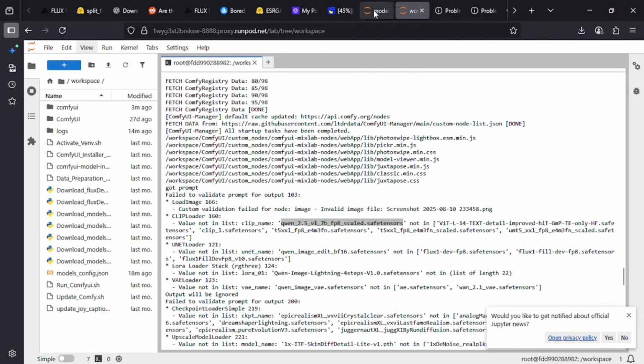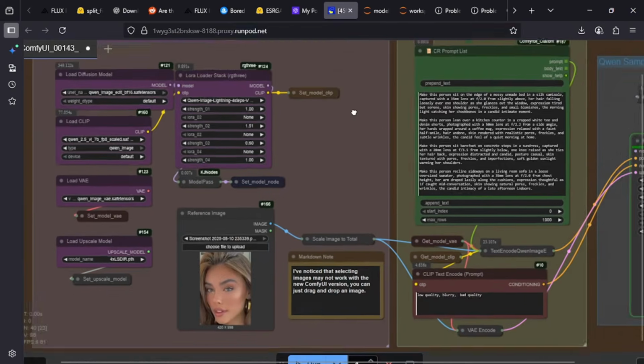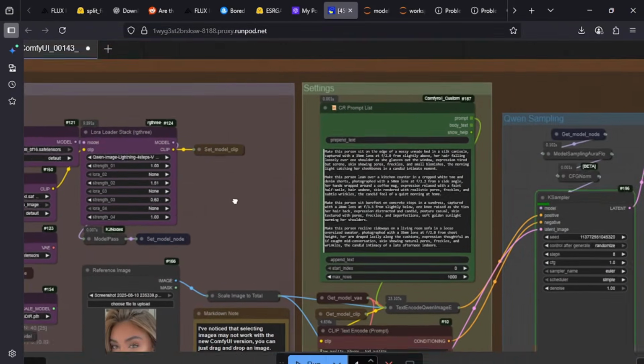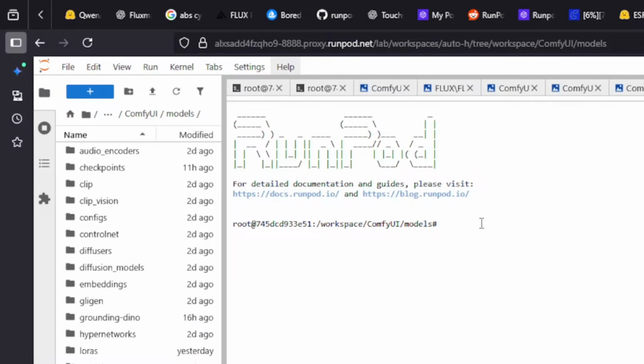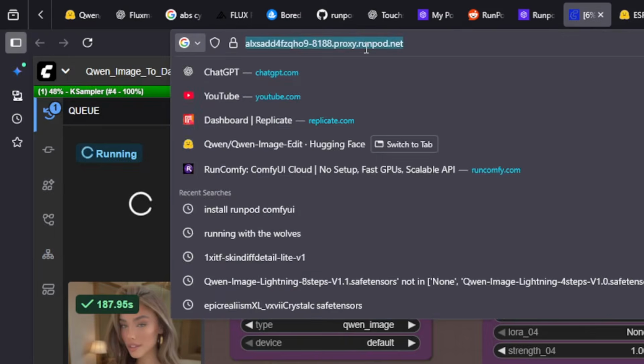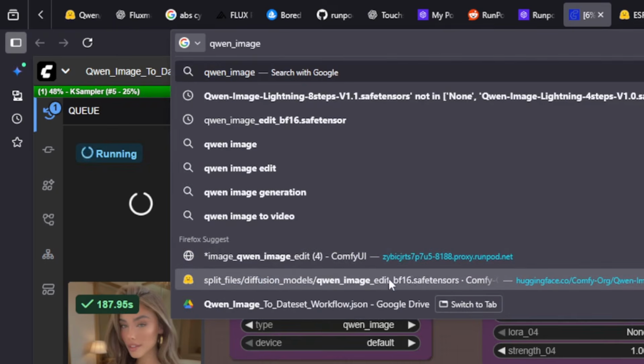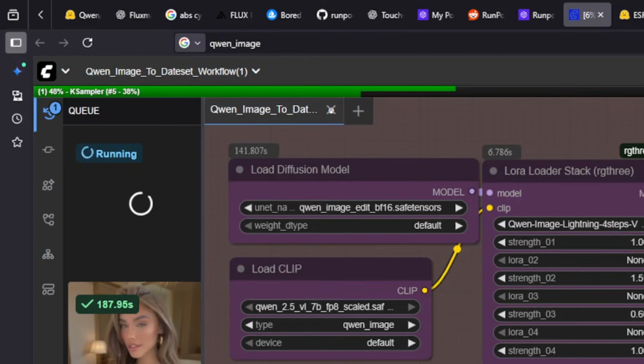Actually, I'm not missing anything. I just kind of want to show you guys how it's done. It looks like the test that I'm running for you guys. Models, so cd, then you would basically just search for it right here. Image. Usually I like to get it from Hugging Face. There it is right here. All the links will be provided in the description, so it shouldn't be a problem.